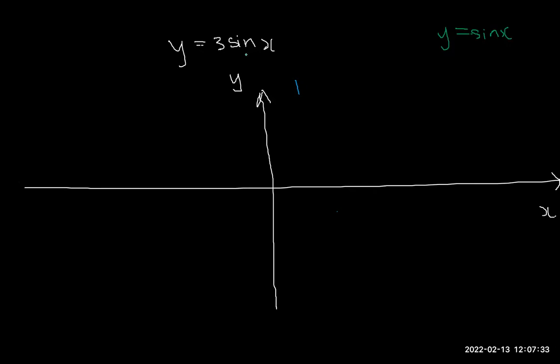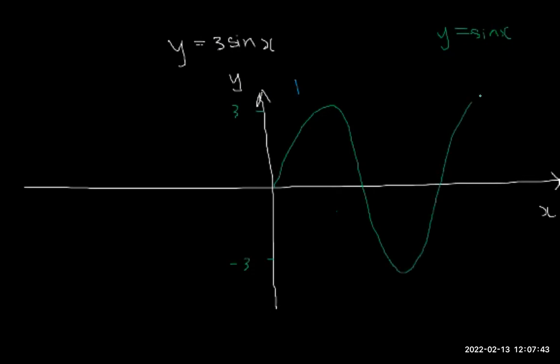But because there's a 3 here, my maximum is now 3, my minimum is minus 3. And the sine graph looks like this. But even if you didn't know that the maximum value is now 3 and the minimum is now minus 3, you're really just concerned with how the graph looks and